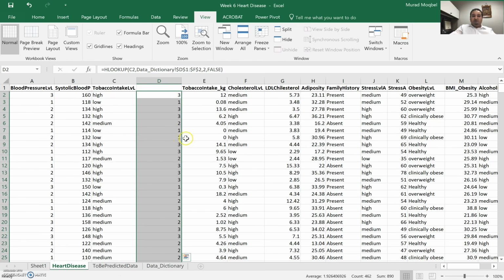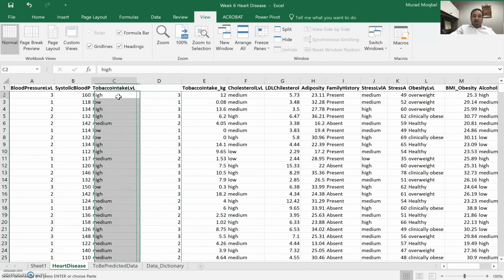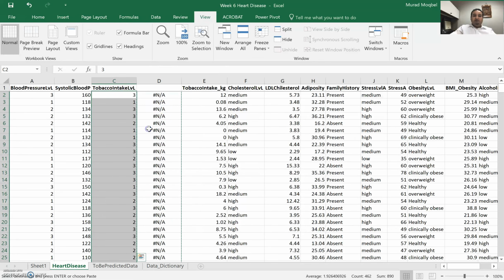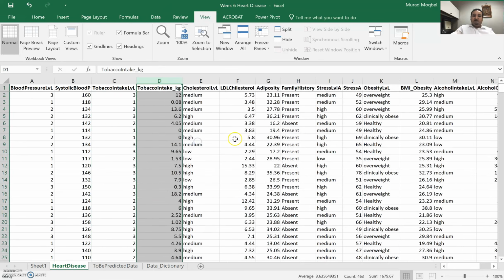Now you can see for low it has 1 and 3 and so on. So I can copy this guy, Control C, and then right click and paste values and delete this guy. So that's how we transform text into numbers using the if statement and also the HLOOKUP